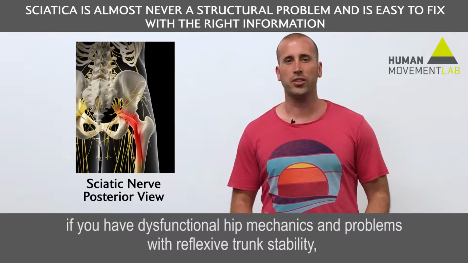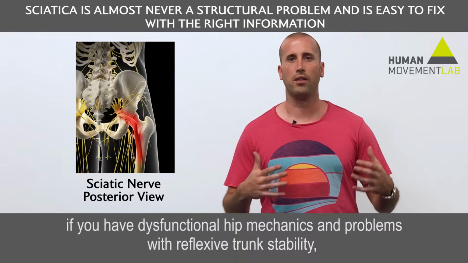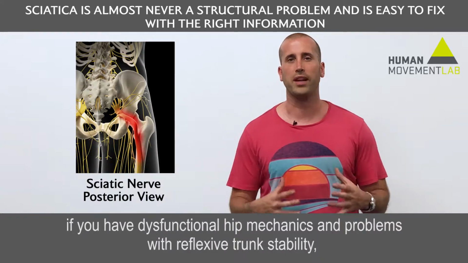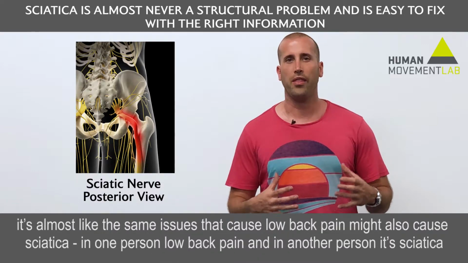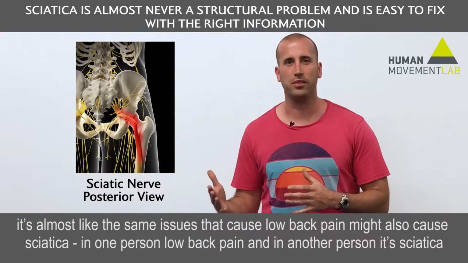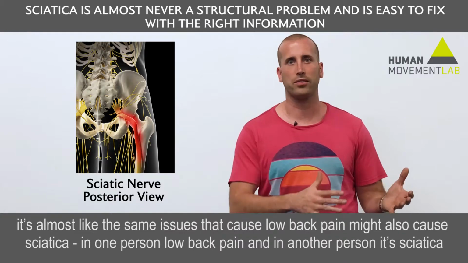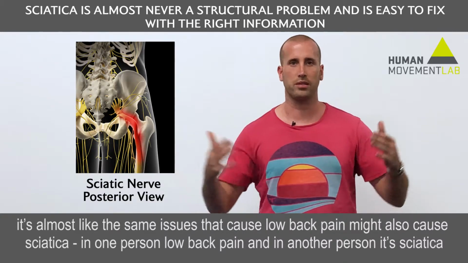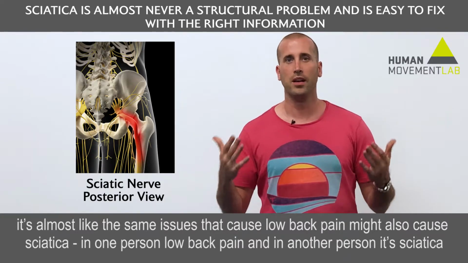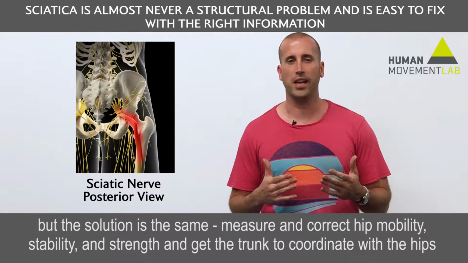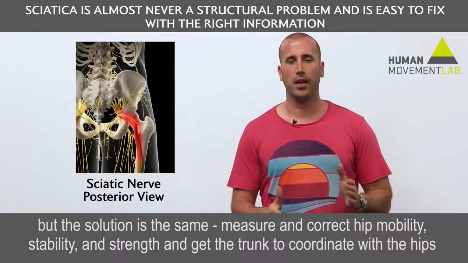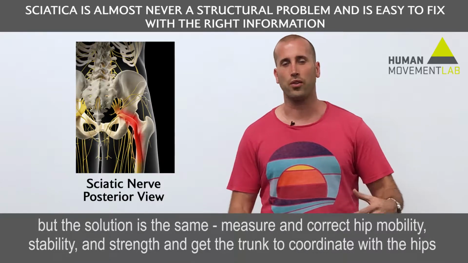If you have dysfunctional hip mechanics and problems with reflexive trunk stability, it's almost like the same issues that cause low back pain might also cause sciatica. In one person it's low back pain, in another person it's sciatica. But the solution is the same: measure and correct hip mobility, stability, and strength, and get the trunk to coordinate